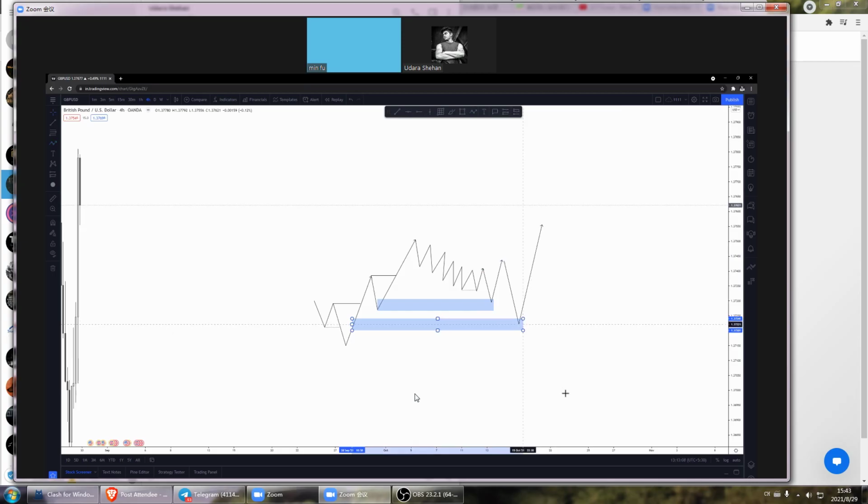Now it's about taking the risk. Like, let's say price just tapped here and then went back up like this. Then what if he waits for price to come here and it reverses